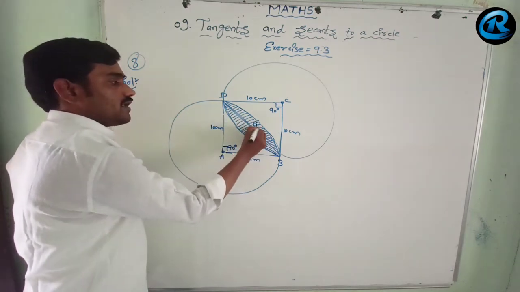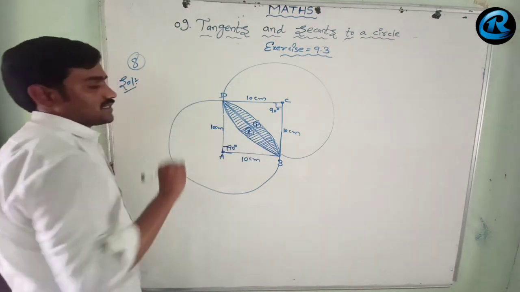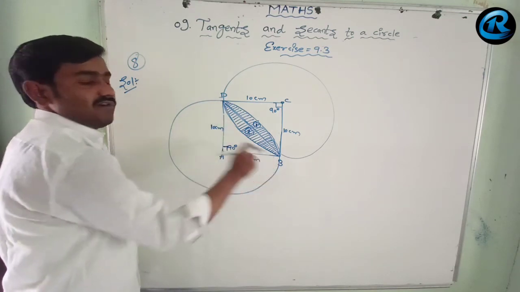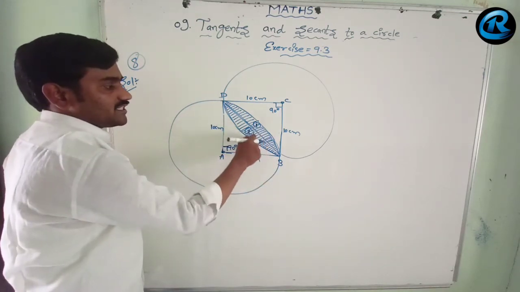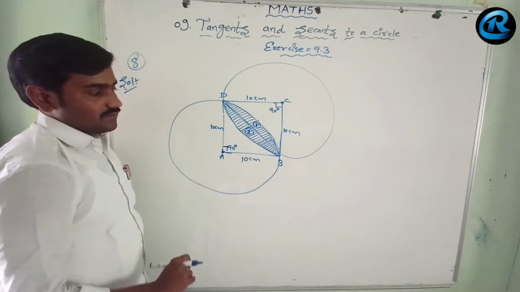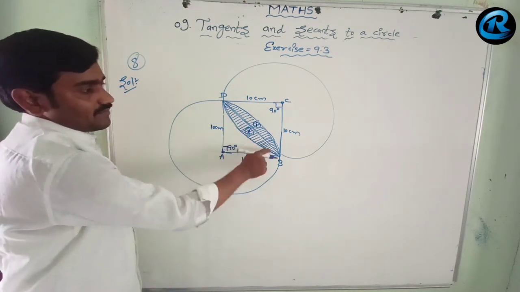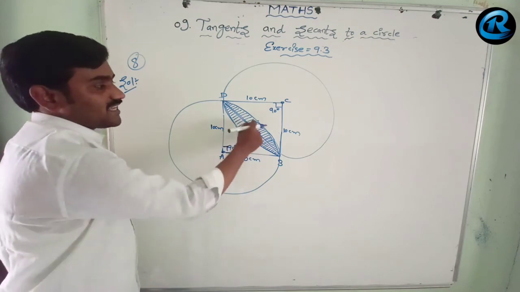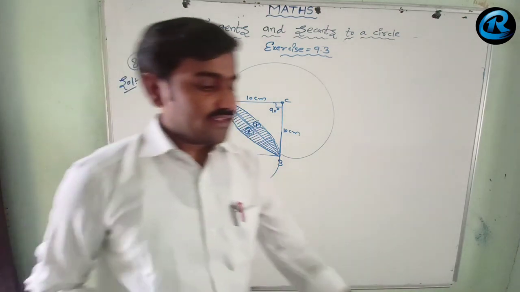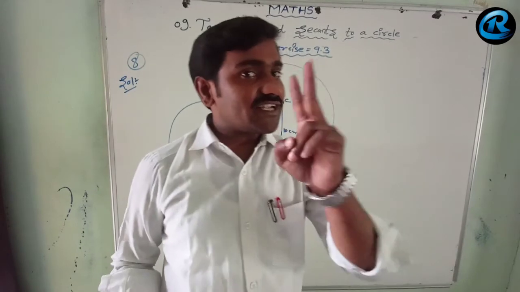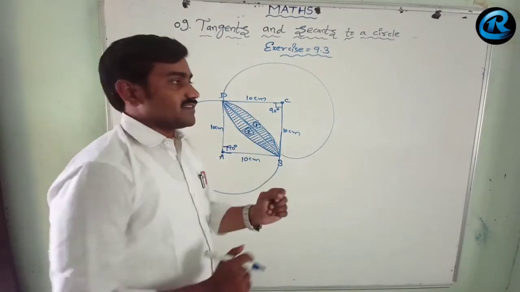here part 1 and part 2, there are two parts which we have divided equally. The part 1 shaded region and part 2 shaded region both are equal. So how can we find out? Here we can see area of a segment. How many segments are there? Two area segments are there. ఇక్కడ రెండు సర్కిల్స్ ఉన్నాయి, రెండు క్వాడ్రంట్ సర్కిల్స్ ఉన్నాయి కనుక రెండు ఏరియా సెగ్మెంట్స్ వస్తాయి.